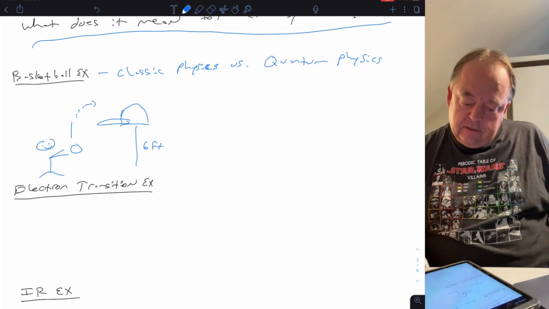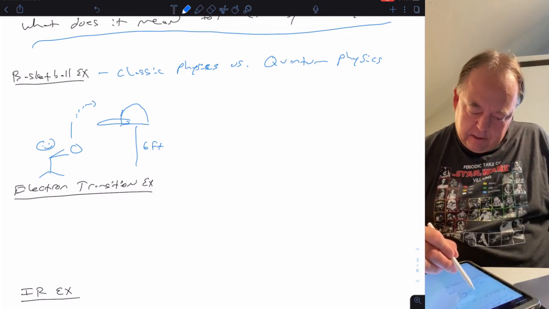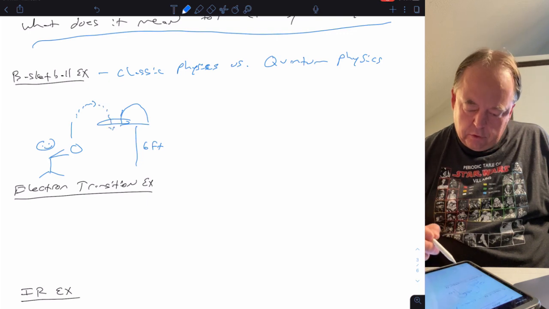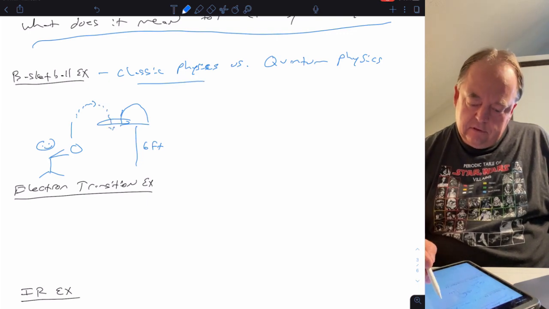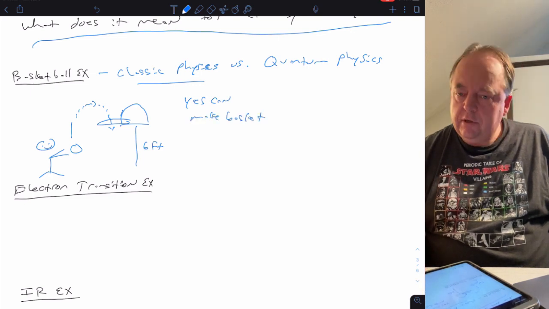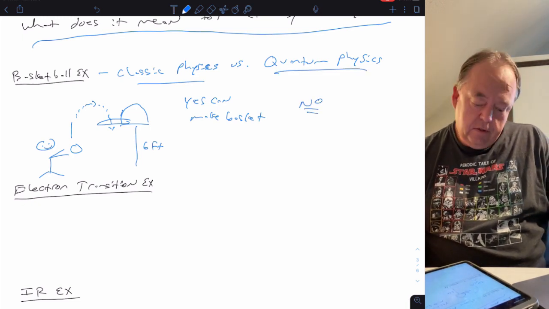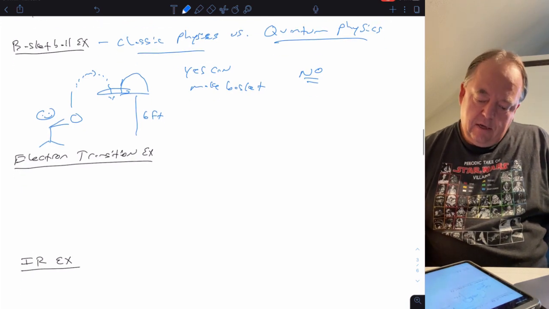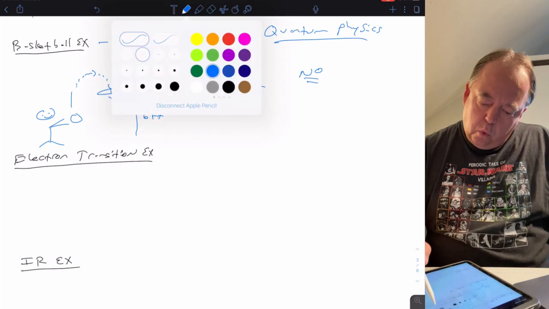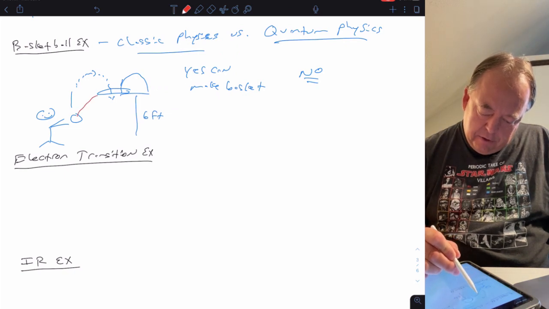In classical physics, can you make the hoop? The answer is yes, because the basketball will just come down and go through the hoop. In classical physics, yes, you can make the basket. In quantum physics, can you make the basket? The answer is no. And why not? Because in the quantum world, if you want to make the basket, then you have to give it